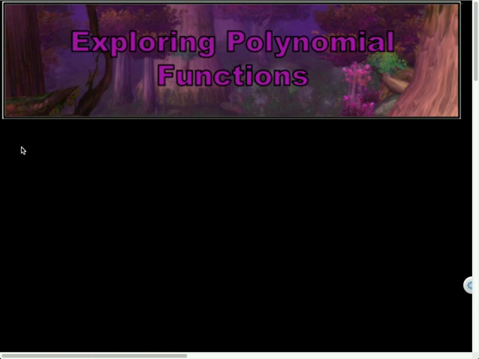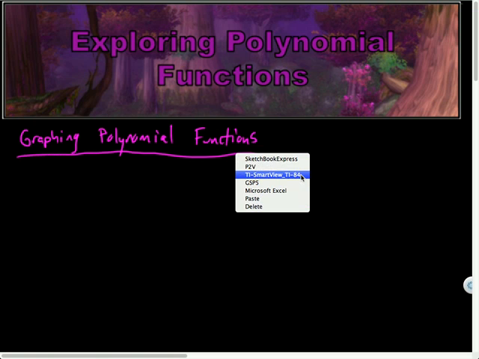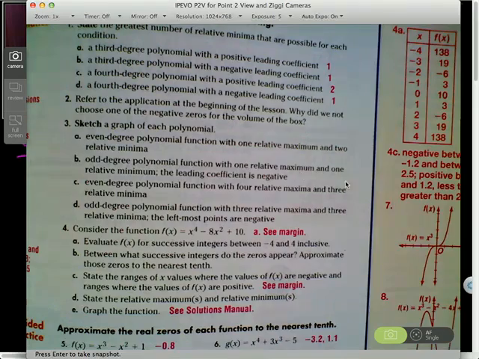So we are reviewing graphing polynomial functions right now. And then since we have the quiz today, I'll also open up the floor to any other questions we have. I think you guys had some questions on